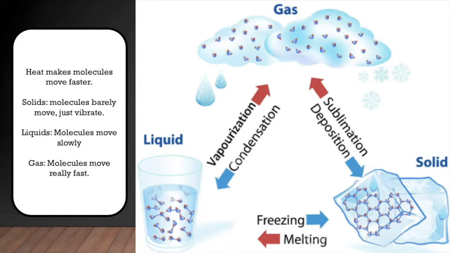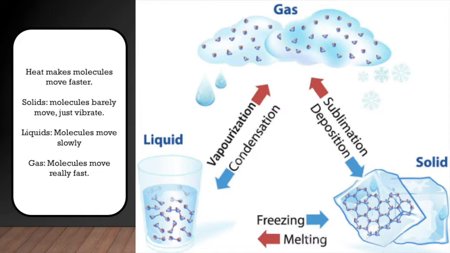Let's start giving some examples by talking about solids. In the solids in this picture, we can see that the water molecules are arranged in a crystalline structure. And that crystalline structure prevents molecules from moving freely around the substance. As we apply heat, the solid begins to melt, meaning that the molecules are going to start moving more freely, but still